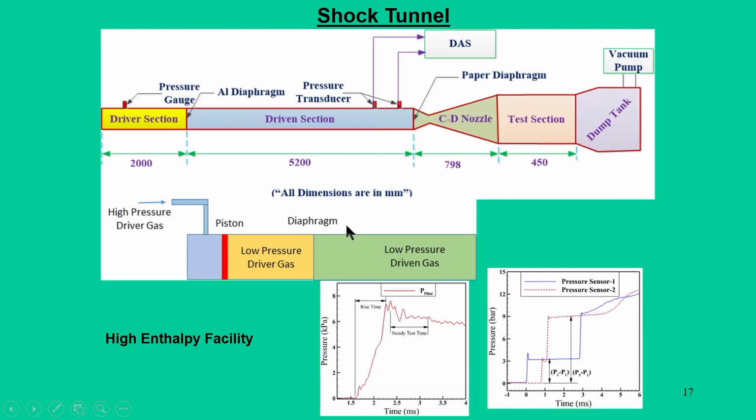So, this is another version of the same shock tunnel, which consists of a CD nozzle, test section, and dump tank. This particular plot shows a pitot time history, in which a pitot probe is mounted in the test section. As you can see, there is a sharp rise in this pressure transducer, but it is not so sharp, mainly because the data we are getting from P 2 and P 5 is within the shock tube, and here the data we are getting is in the test section.